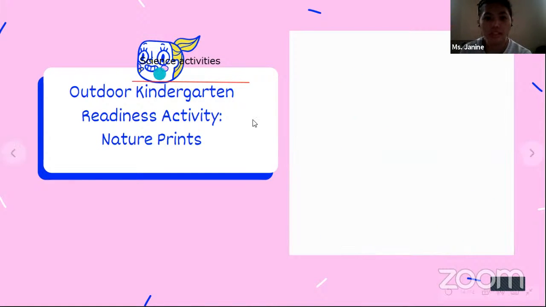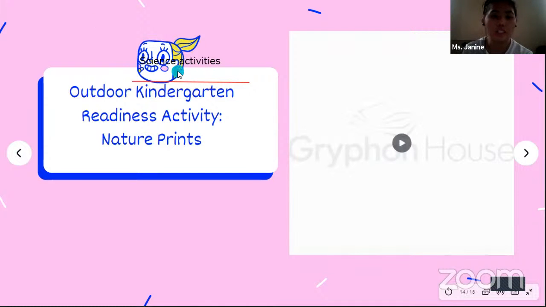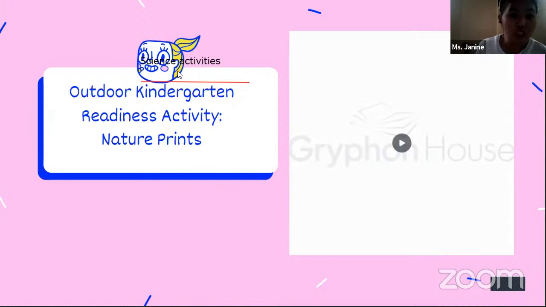Okay, so that is one of the examples that you can do. Teachers, you can do it as a homework or an experimentation. Nature prints. Just ask the kids to go outside and take some leaves, and make sure they have the paper.